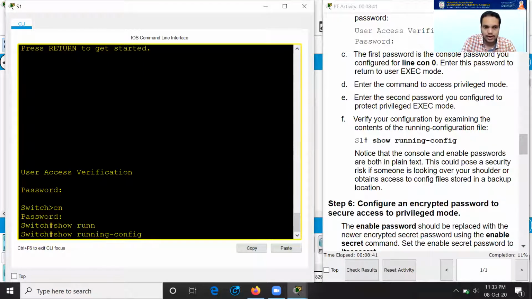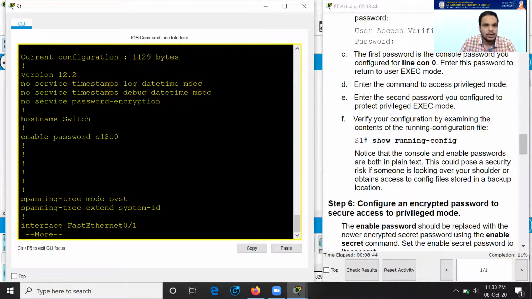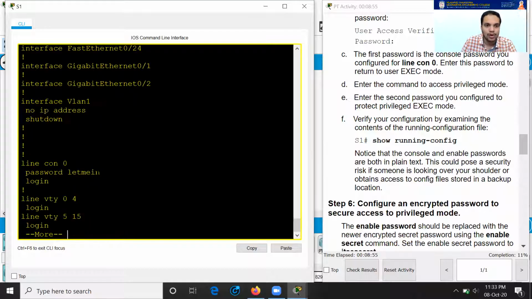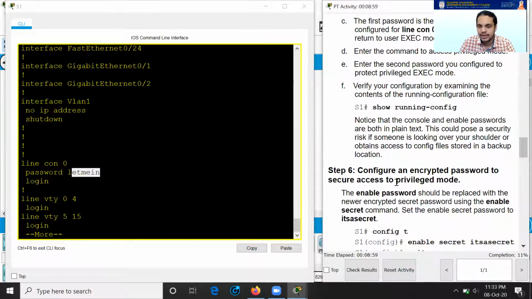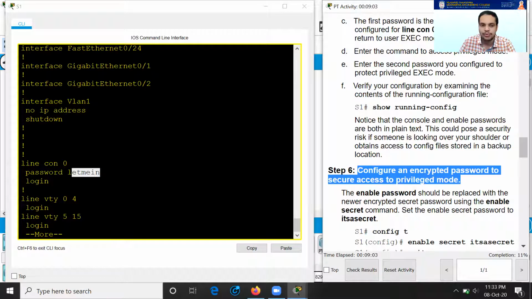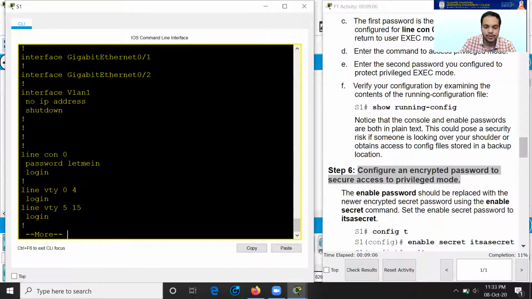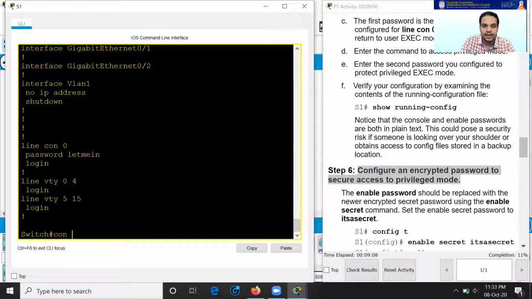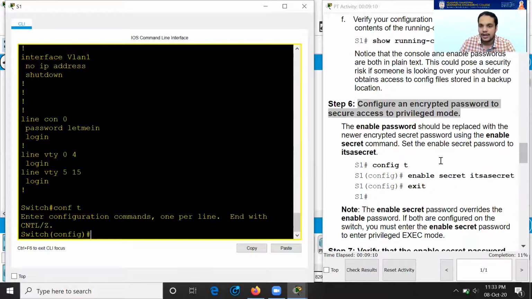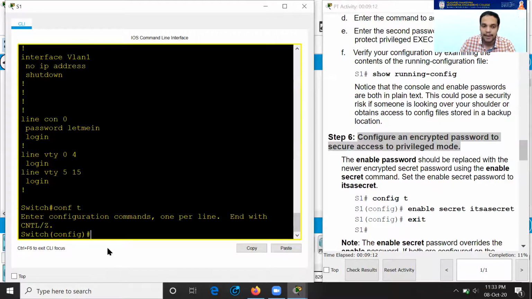Show running configuration and enter. Hostname will be switch, but unfortunately the problem here is that whatever passwords we typed in are still in plain text format. That means we will be able to observe all the passwords that we entered, which we should not be doing. Now it is asking me to configure, and step 6, configure an encrypted password to secure access to privileged mode. For that, what we need to do is configure terminal,